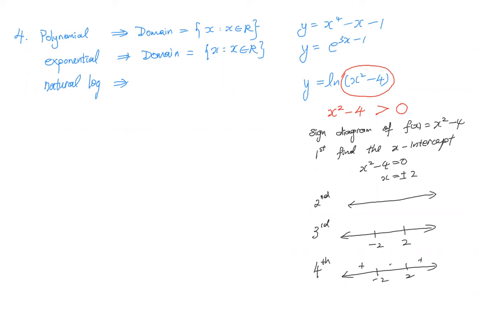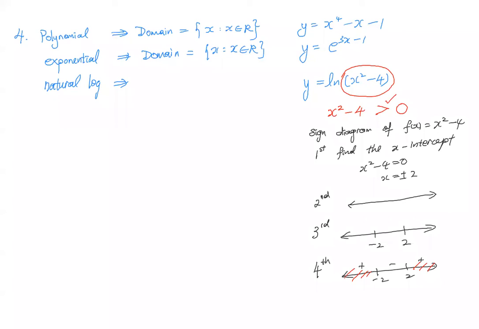Am I right? You want it positive, so you select this region and this region because I want it to be greater than 0. So therefore, the domain for this case,